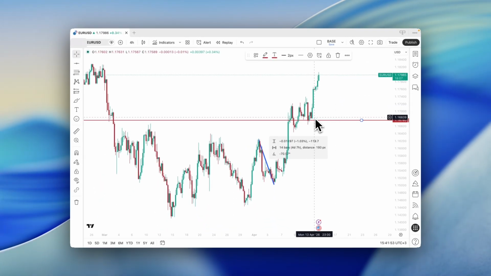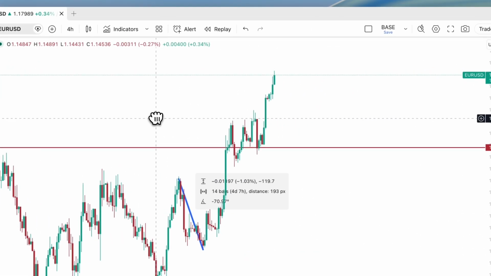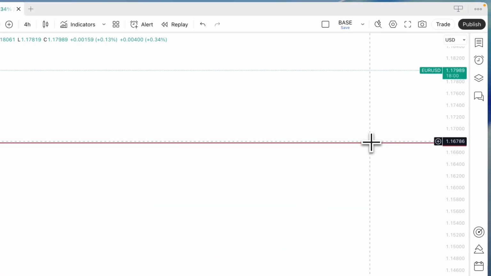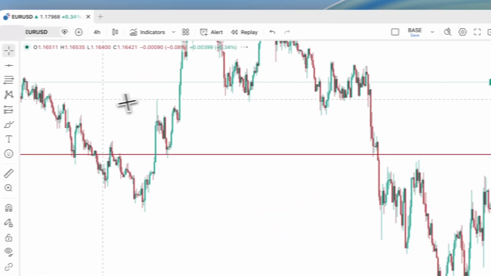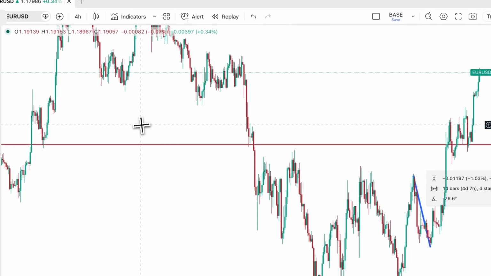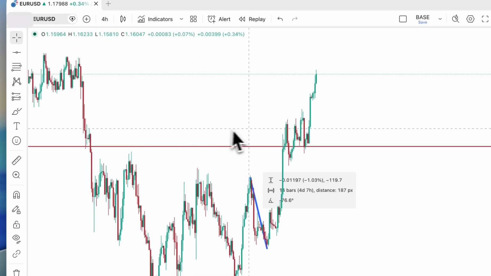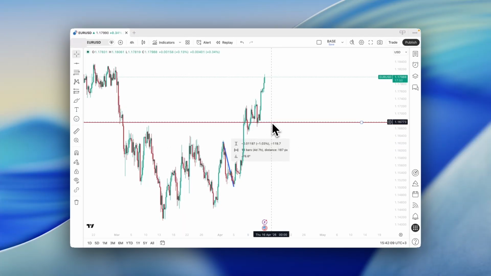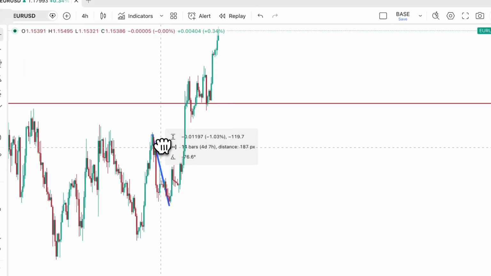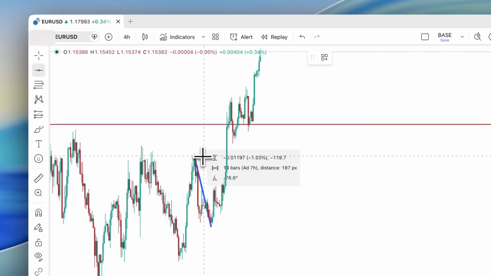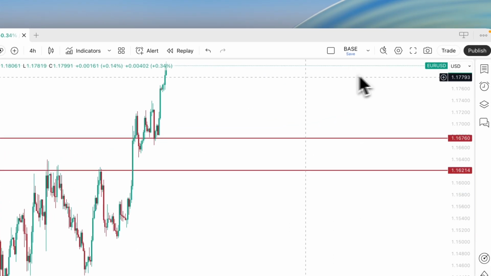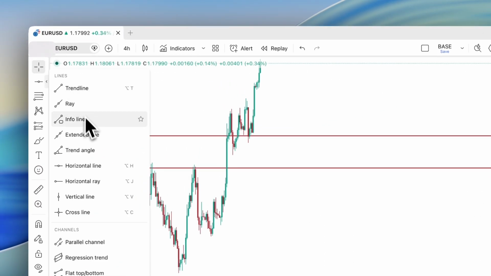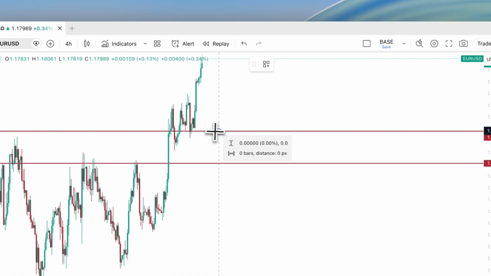You can see the horizontal line is extending towards the right and left-hand side of our screen, which means that this will be extended into the future, and we can backtest it with historical data to see if it is relatively correct or used to be a level of support or resistance, etc. So let's say I've placed my support level here, and then I've placed the support level at this high. I can then use the info line by dragging it between the two support levels, and I can measure the